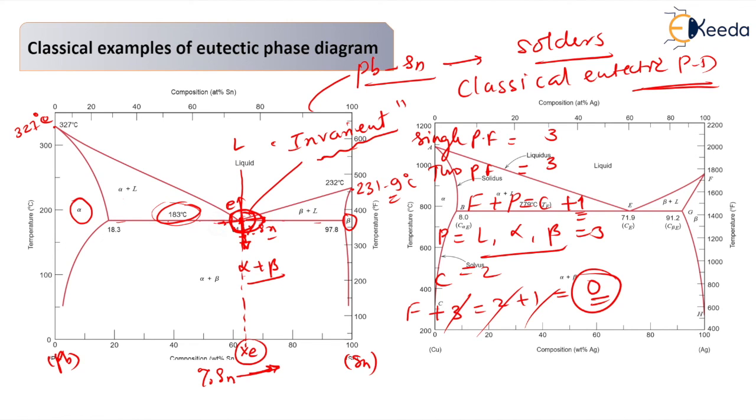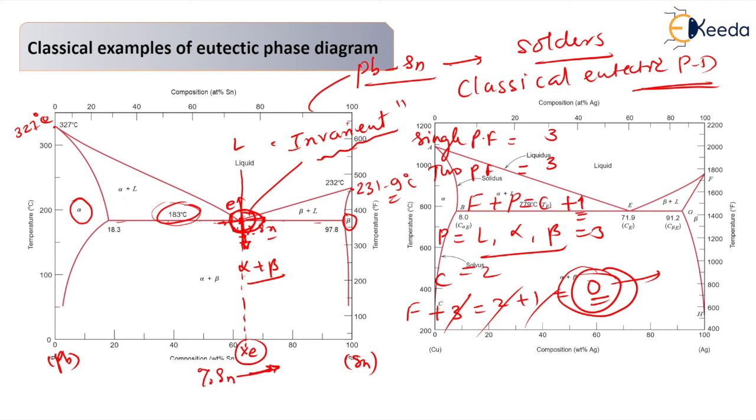So like that, you cannot move from that point, you get restricted. So that point is known as the invariant point. Dear students, please remember, this is applicable for all phase diagrams: where the degree of freedom you get is 0, that point is known as an invariant point. Okay, so we cannot vary both the temperature and composition and still remain in the same phase field.